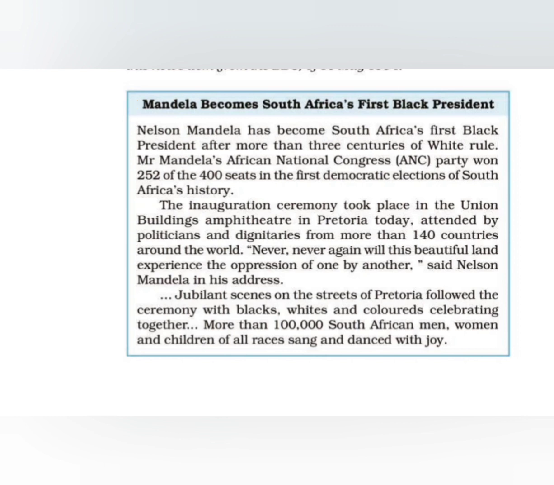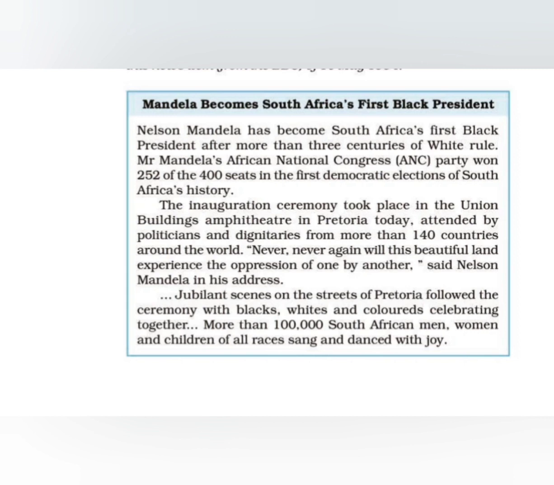His African National Congress, shortly known as ANC, won 252 seats out of 400. After this massive victory, he planned to construct a democratic government there. Before that, it was a racial government, a colonial government. So this winning of 252 seats brought them the way to construct a democratic government. The theme can be black versus white, democratic versus colonialism, and rulers versus invaders. In this regard, the theme can be divided.